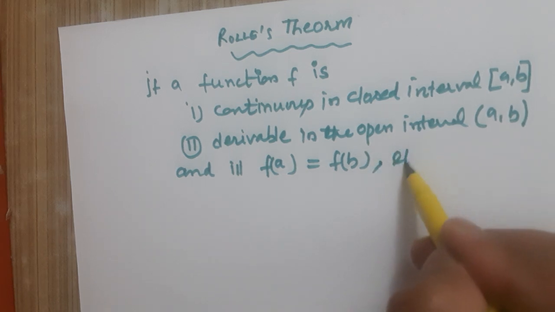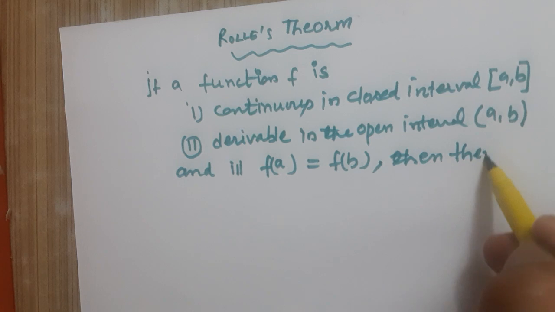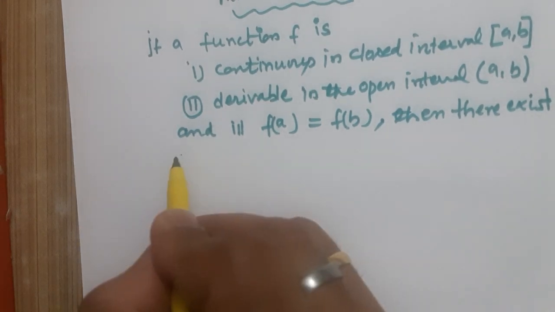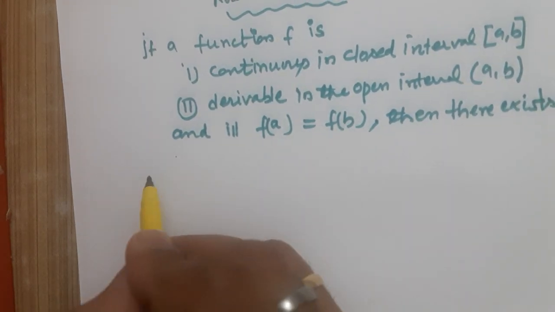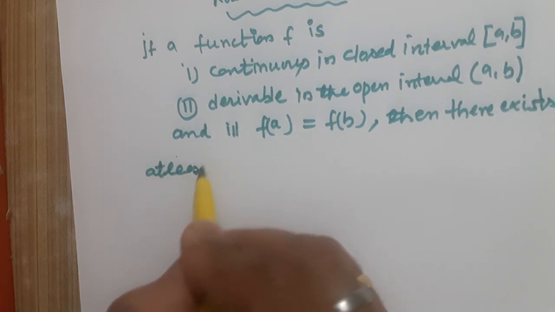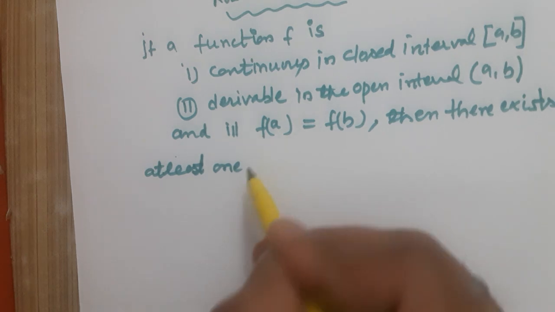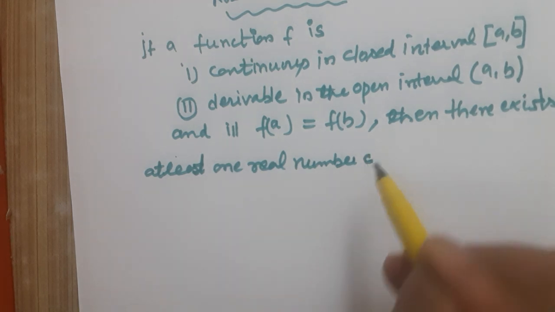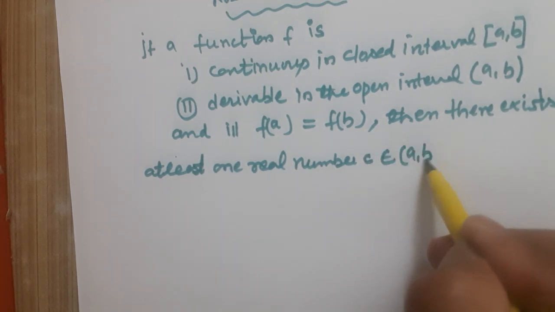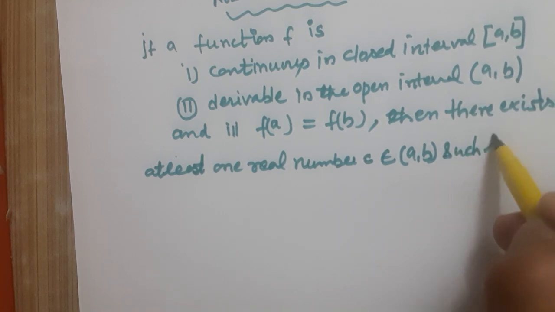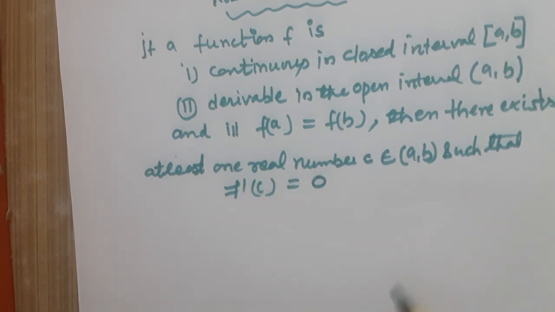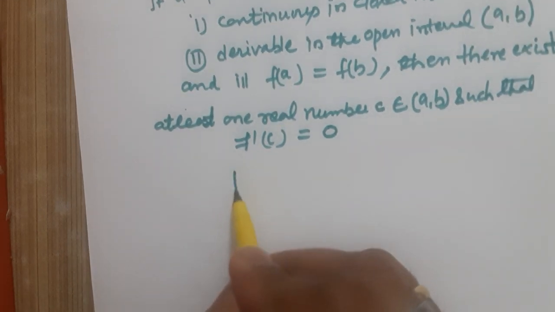then there exists at least one real number C belongs to A to B such that f dash C equal to 0. अब हम देखते हैं इसकी ज्योमेट्रिकल इंटरप्रिटेशन क्या होगी। तो पहला मैं एक केस ले लेता हूं।